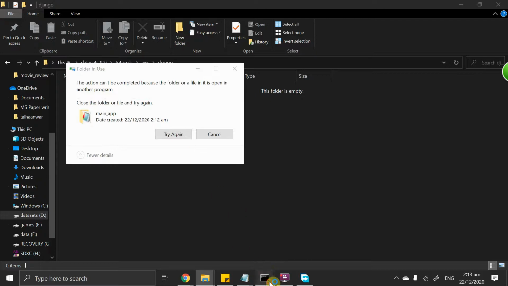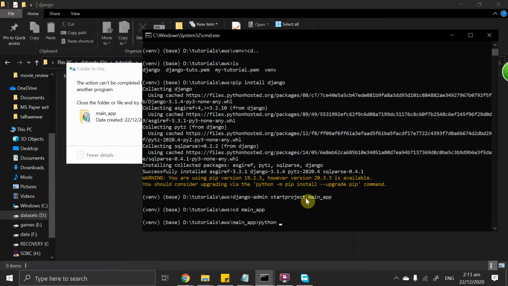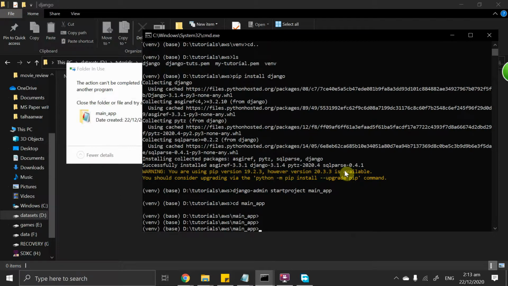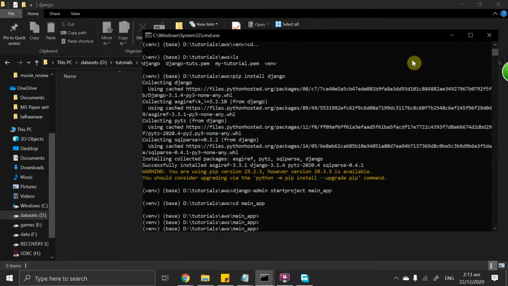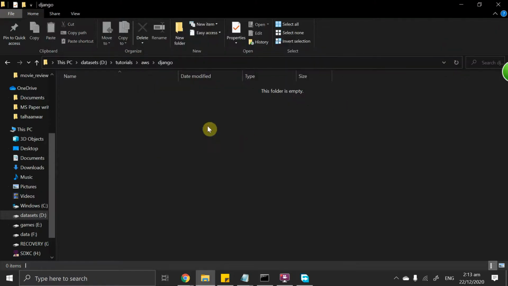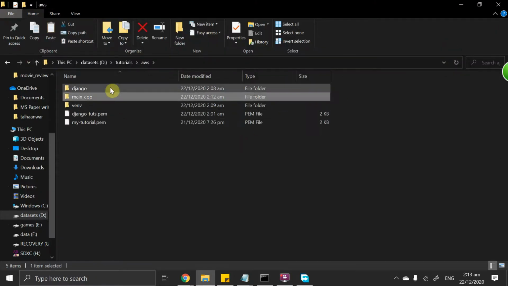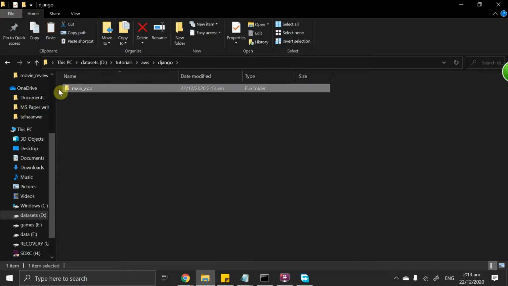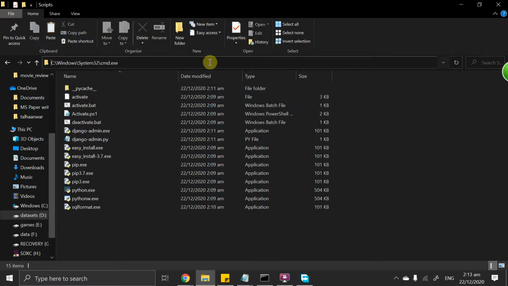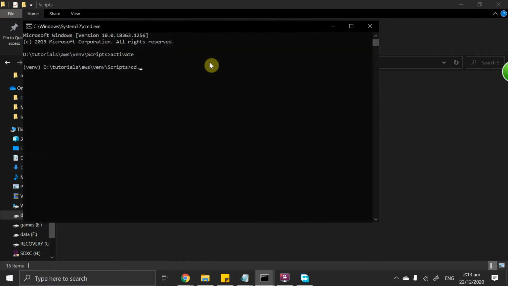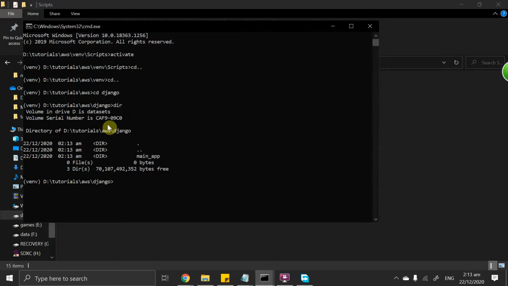And I have to close this. Unfortunately, let's just close this terminal and try again. So I will again activate my environment, activate, go back to the Django folder, and now if I do dir, I have a folder known as main app. So I will go to this folder,